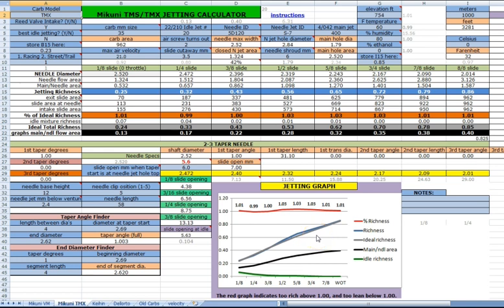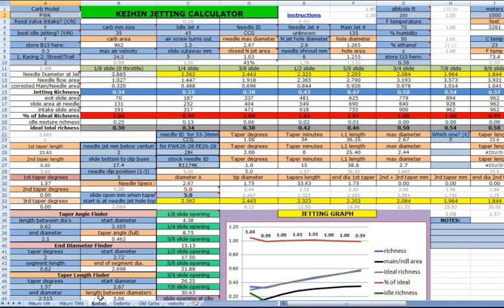So there's nothing out of the ordinary here. Let's go on to Keihin. Oh, on this one, because I don't have the data for all the needles, you have to also enter the needle length, end to end. On the Keihin,